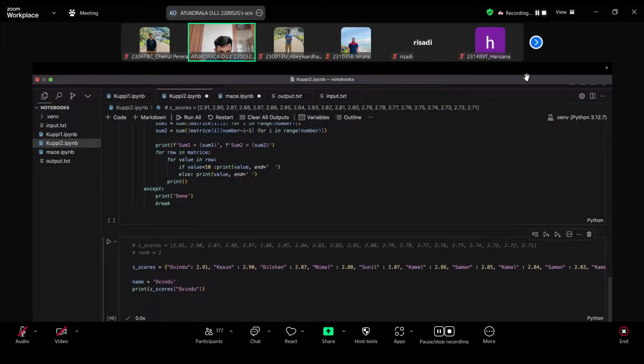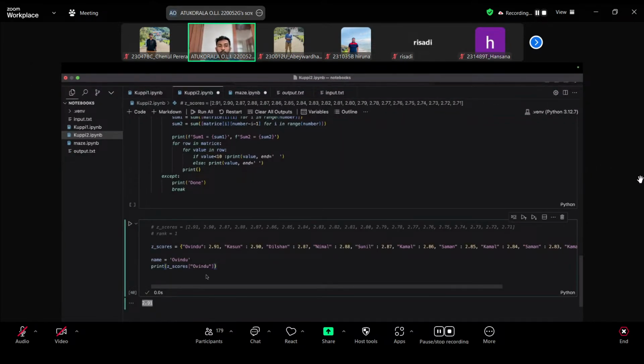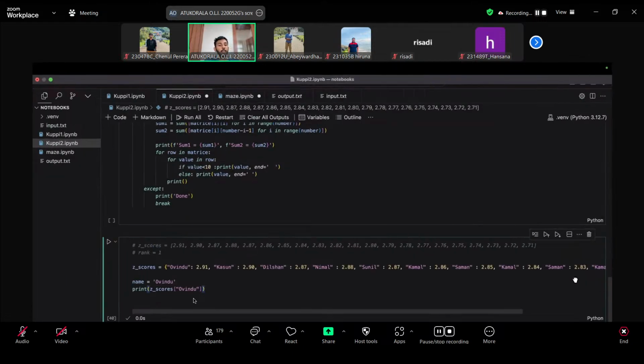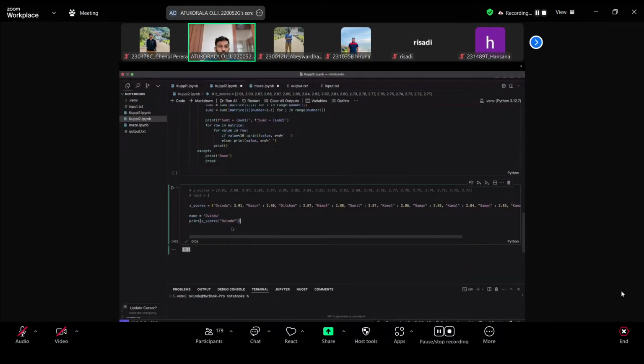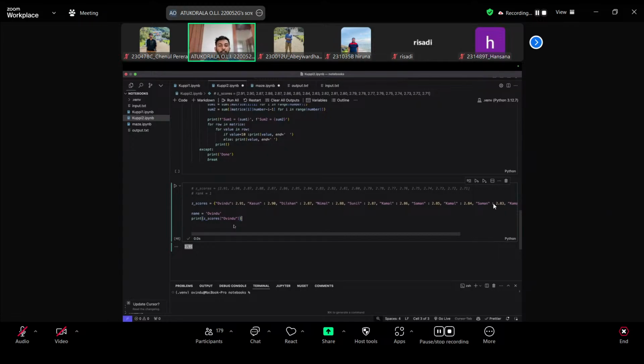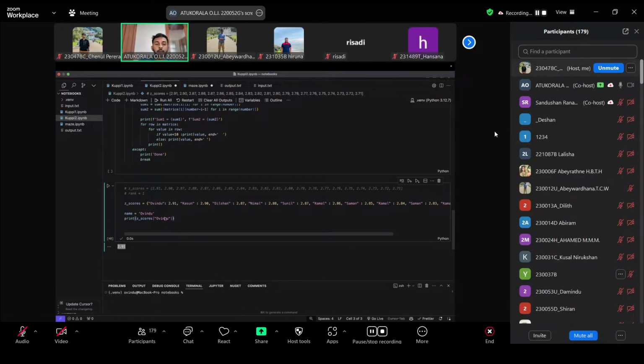So it is similar. You can see the format of accessing from a dictionary is similar to how you would index a list. Only thing is, instead of an index, you can use a key. So you can specify the key to be anything you want. It can be an integer, it can be a string, it can be a float, it can be any of those. So you can have a variety of keys and you can access values using the key that you want. You can see by this example how I used the key to access my Z score.